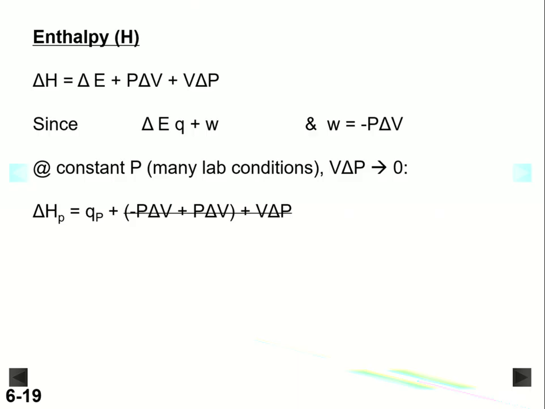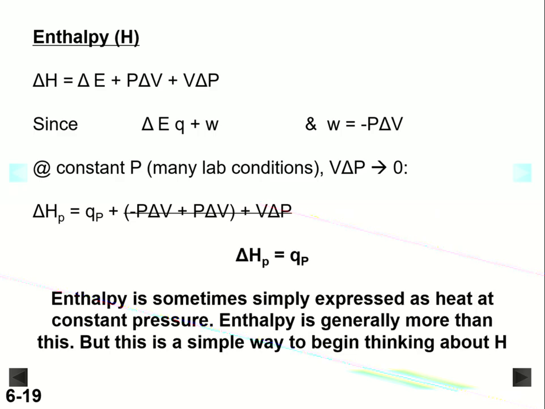Now this is important. We just said before that a material does not contain a heat, but it does contain or have an enthalpy as its property. And under constant pressure conditions, which is what lots of our lab conditions are, heat and enthalpy can be identified as related to one another. So now heat at constant pressure becomes a state function because it is equal to enthalpy. Delta H sub P, enthalpy at constant pressure, is equal to Q sub P, heat at constant pressure.